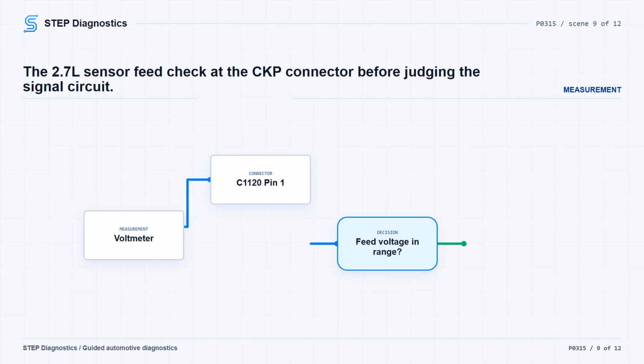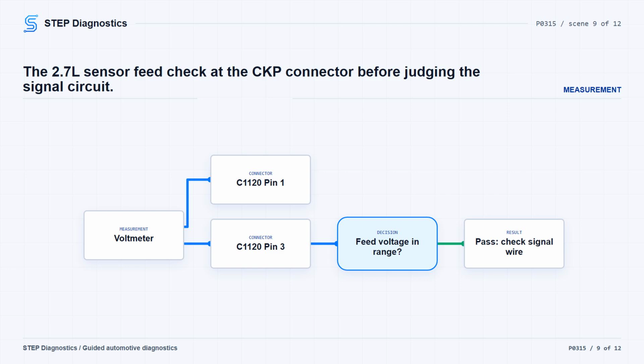With the ignition off, disconnect the CKP sensor connector, then turn the ignition on. On the 2.7-liter EcoBoost, measure between C1220 pin 3 and C1120 pin 1. You are looking for 4.5 volts to 5.5 volts. If that feed is not there, move into the supply circuit diagnostic path before continuing. Do not treat that as a finished CKP sensor check. If the feed is present, turn the ignition off. Disconnect the PCM connector and check the open circuit path from